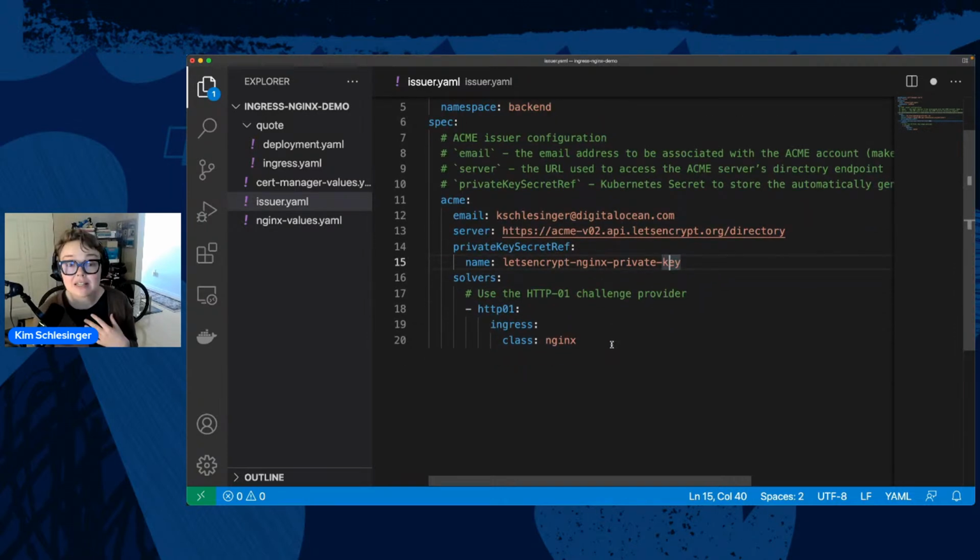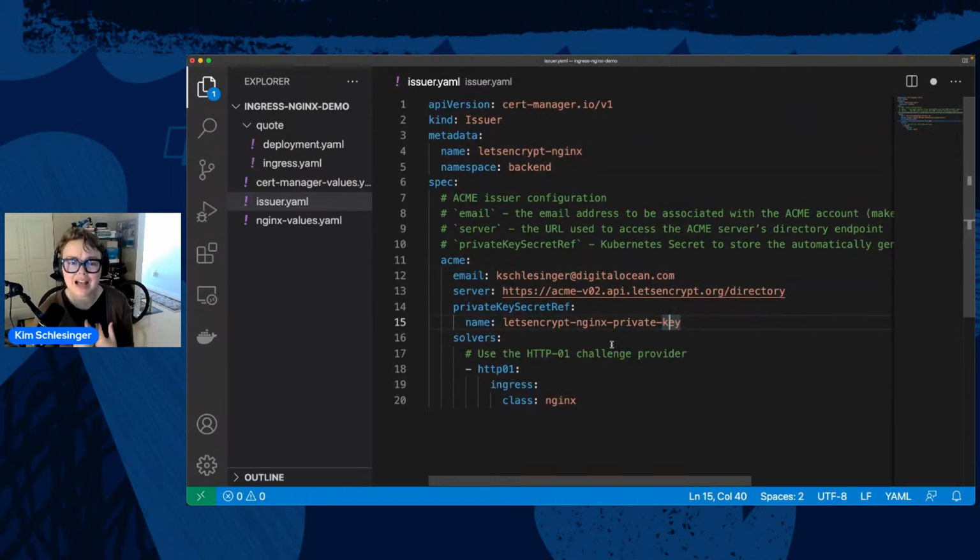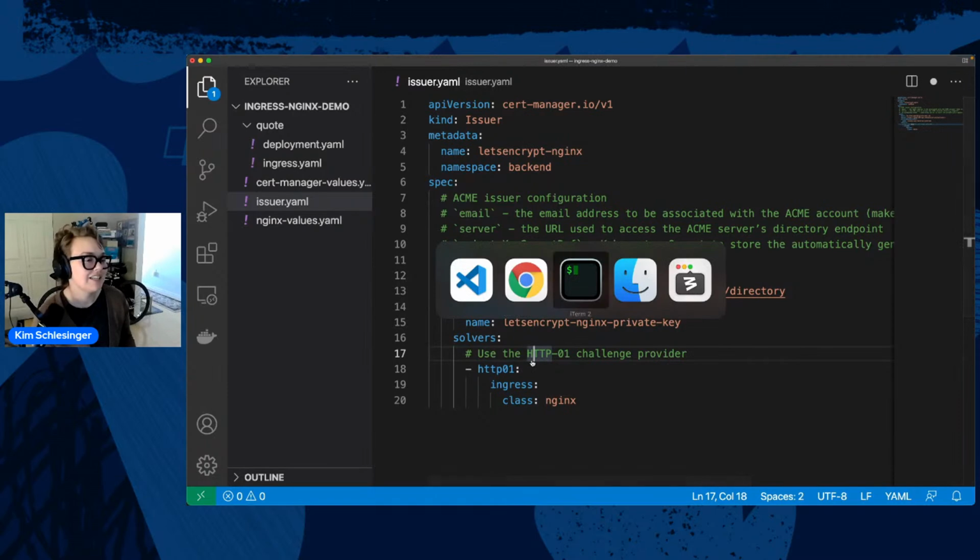And then how is Let's Encrypt going to verify that I own this domain? We're going to use the HTTP-01 challenge. And so when I spin this up, cert-manager, Let's Encrypt, it's somewhere going to create an HTTP endpoint from inside the cluster that it can then ping, and then it can say like, oh, because I was able to create this endpoint and I can access it, that must mean you own this domain. Cool, here's a certificate. All right, so there's a lot of words. Let's just apply this. kubectl apply -f issuer.yaml. And as we do this, we're going to look at all of those different cert-manager resources.